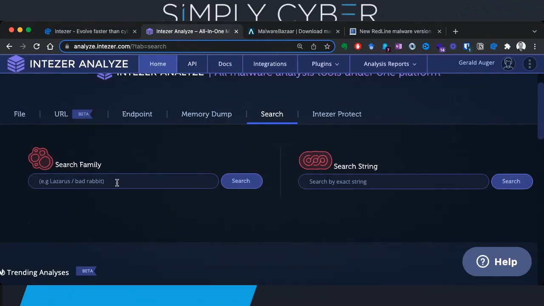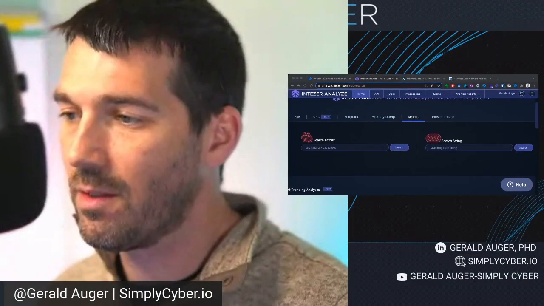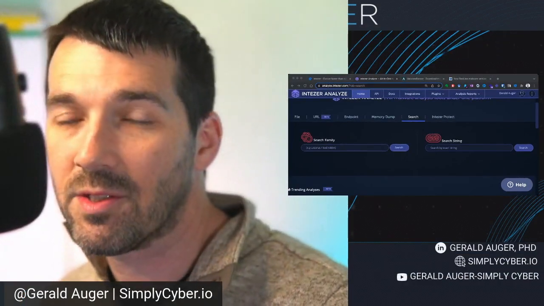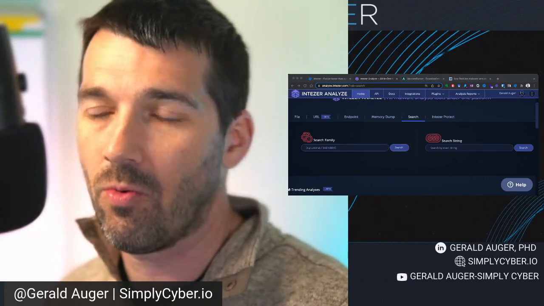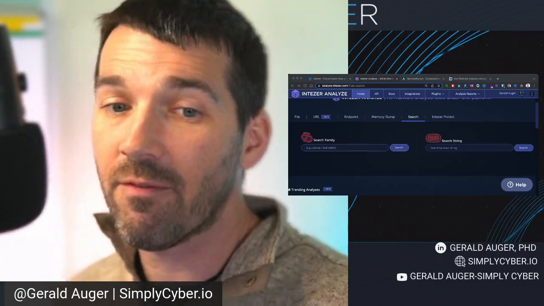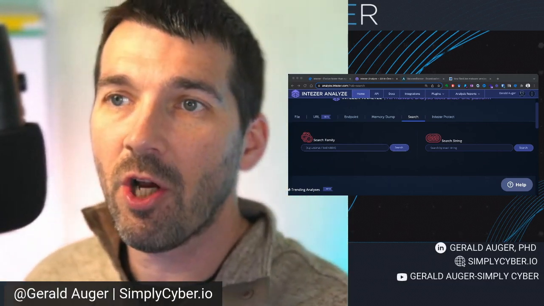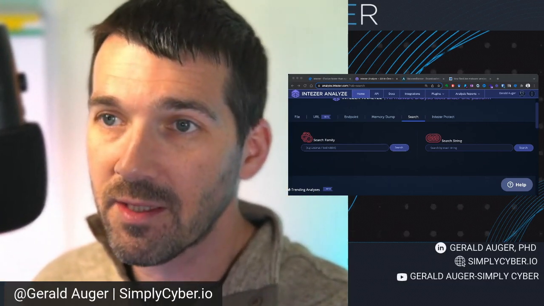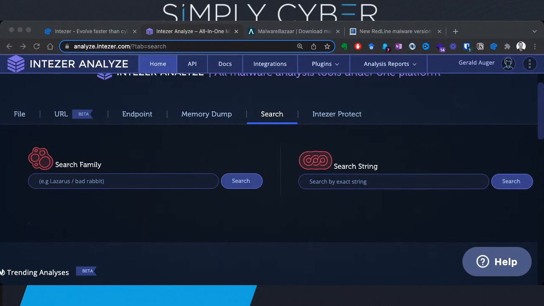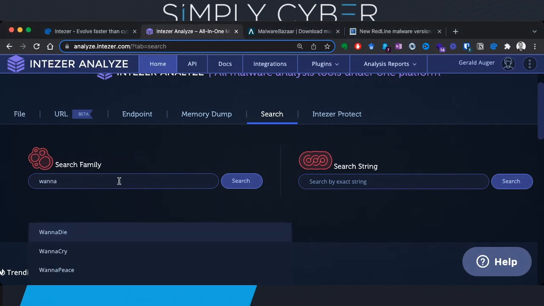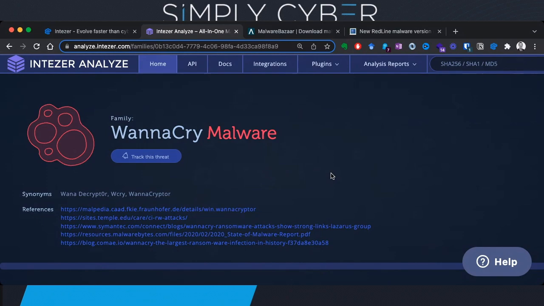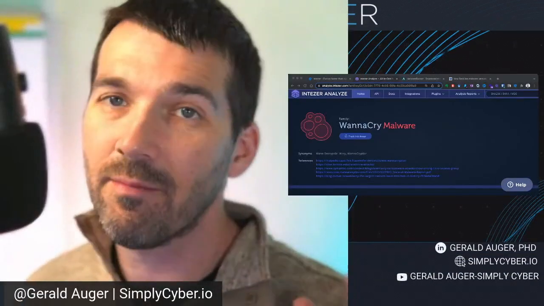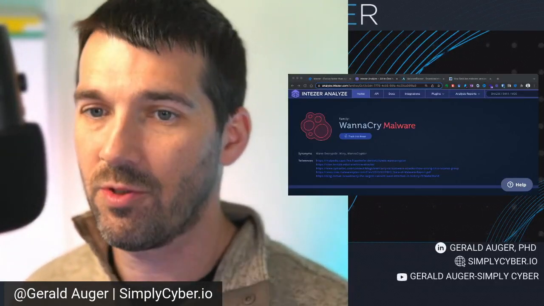You can search by family. We talk about different threat actors, right? Like Lazarus Group or APT41 or Revil, whatever it is. So if you're talking about specific malware families, also like Redline Stealer, which is really popular right now, or WannaCry, you can go ahead and throw it in here, and it comes up, and they do all sorts of analysis. So in addition to them doing malware analysis, which we'll look at,